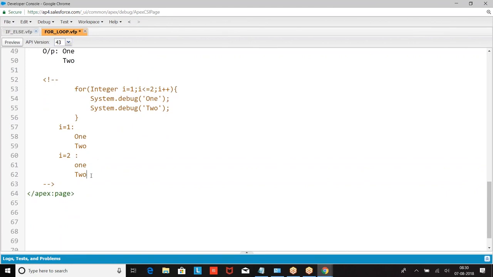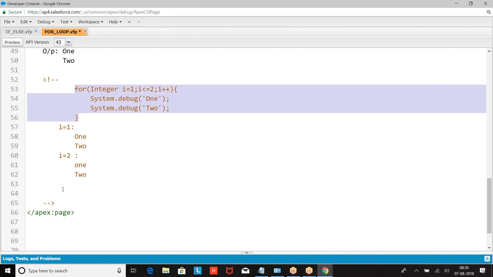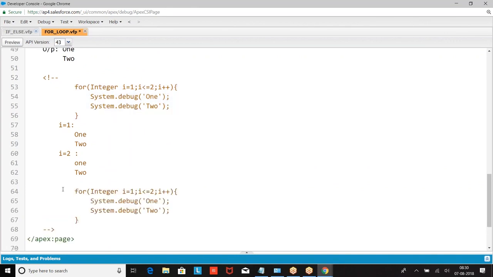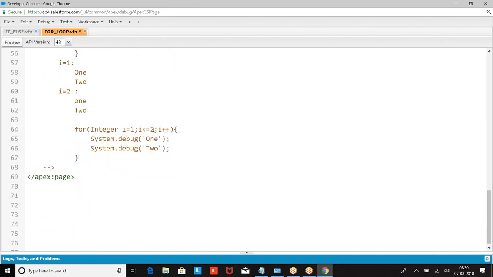Stop the operation. Same thing if I give the same loop with I equal to 1, I is less than or equal to 3, I plus plus. Then what am I going to get? When I equal to 1, 1.